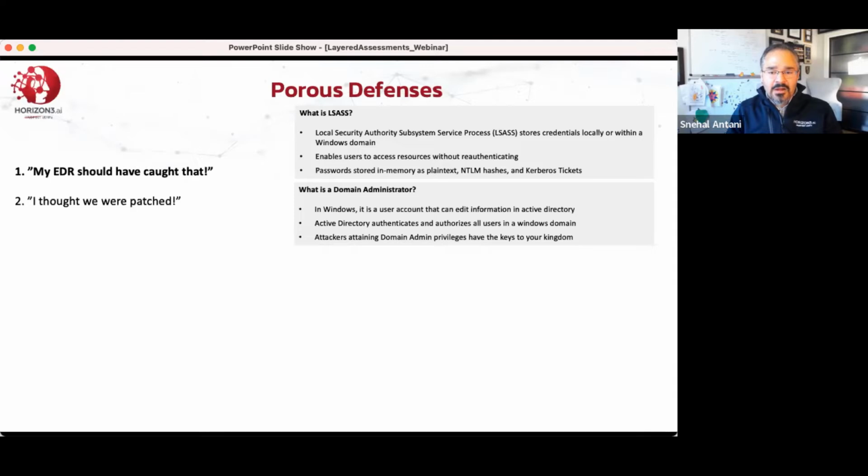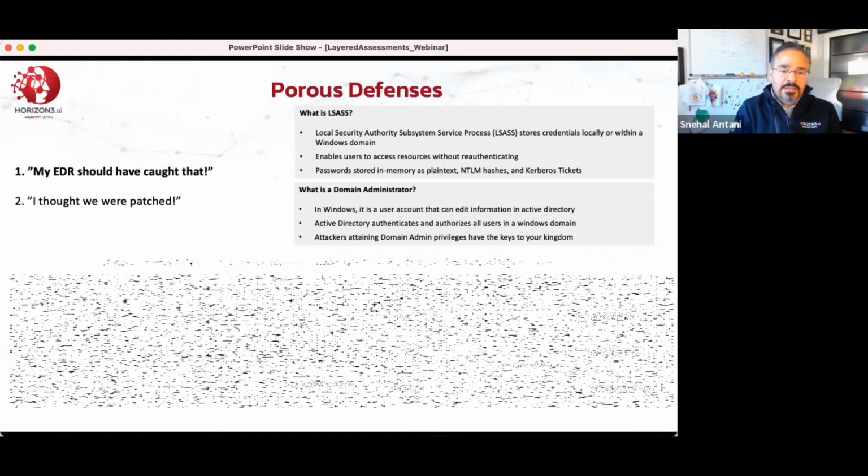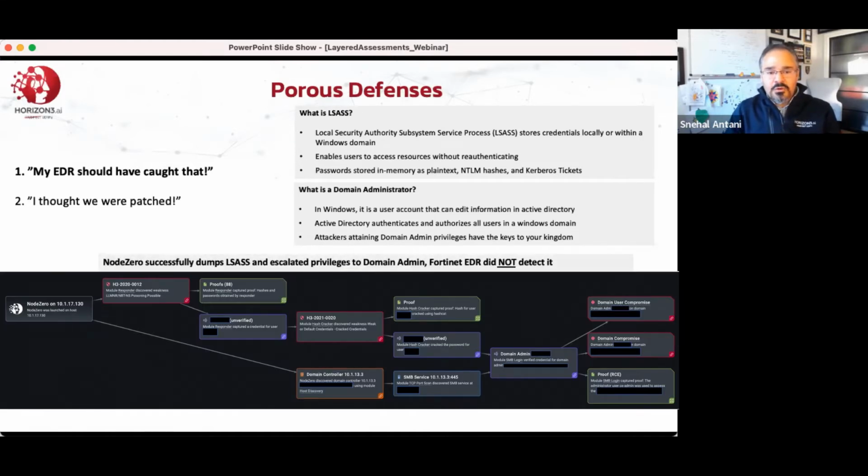And so once an attacker is able to become a domain administrator, they have keys to your kingdom. At that point, it's game over. They can do whatever they want. So with that as background, here is an example story where Node Zero, our autonomous pen testing product, was able